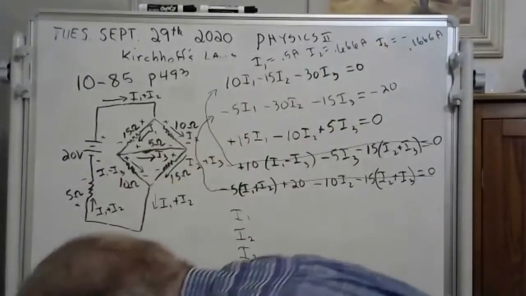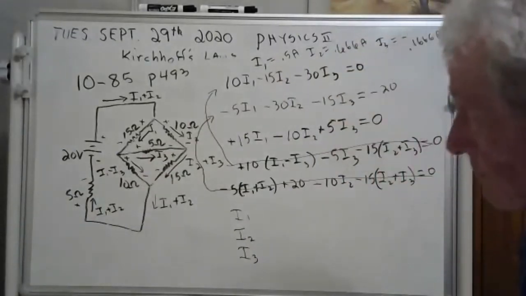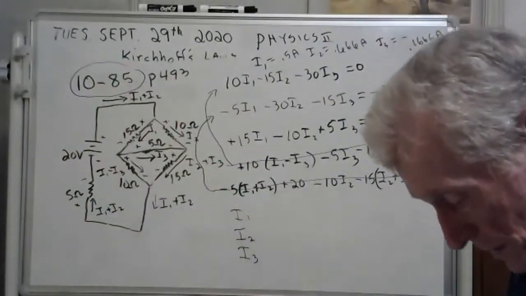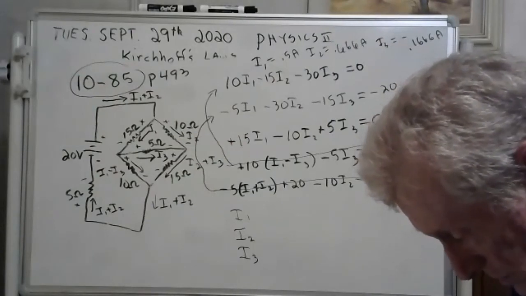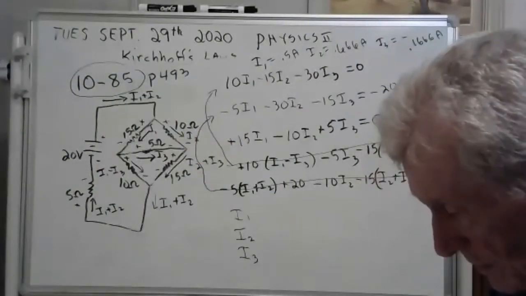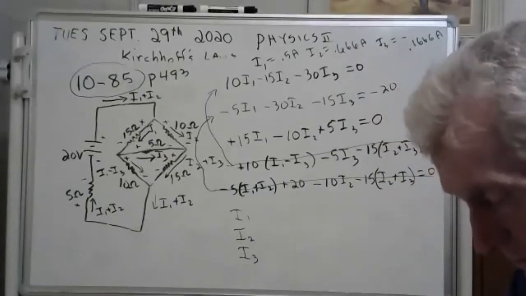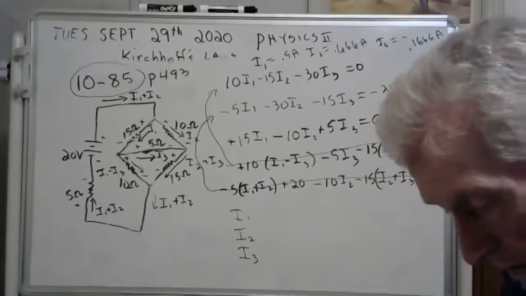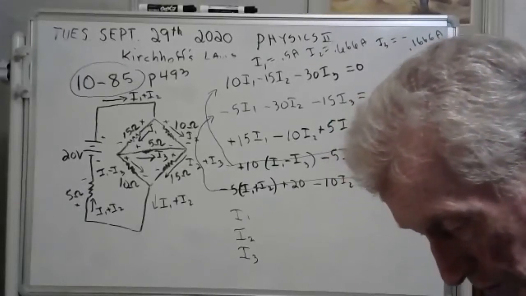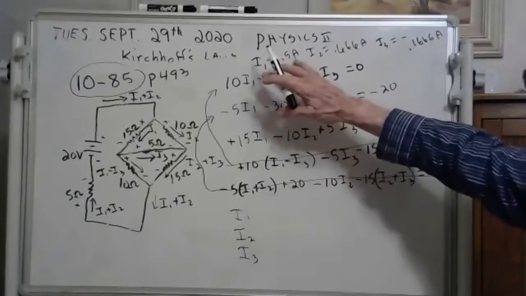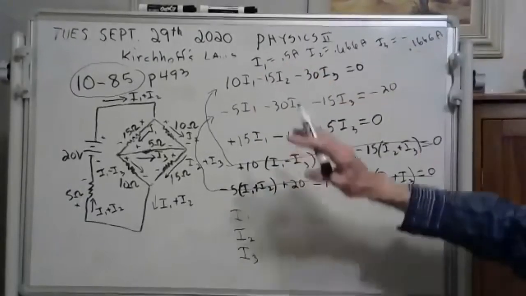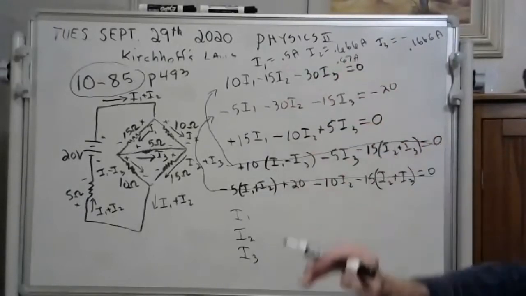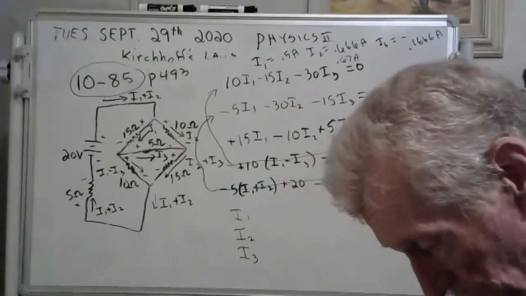This was problem 85. Guys, we just did problem 10-85. Go to the back and help me find the answers to it. And they said, chapter 10, number 85. They said I1 is 0.5 amps. Hey, that's what we got. They said I2 is 0.67 amps. Now they rounded off. Shame on them. The book says 0.67 amps. And then I3,